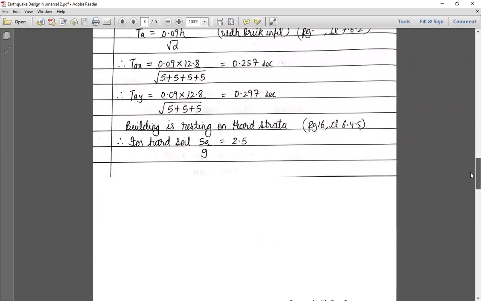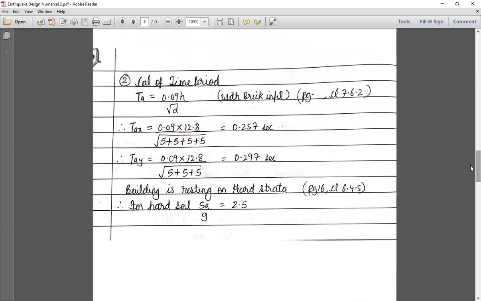ठीक है. The first problem was simple, the load was directly given, so we calculated. In this, the sizes of each element were given, so now we calculate. That was a square plan, and this is a rectangular plan. Yeah, the steps will be the same. इसमें थोड़ा working ज़्यादा है. ठीक है. This is more time taking because we have to find out accurately the seismic weight of the structure. That is the only difference.